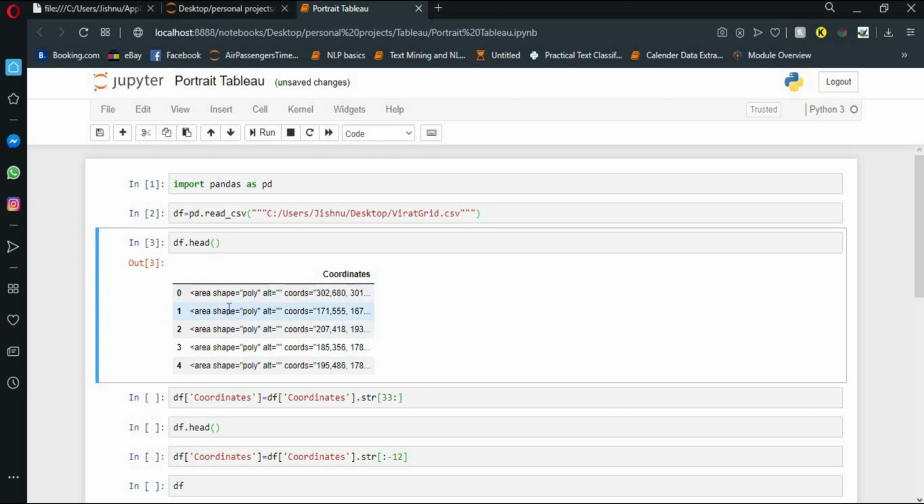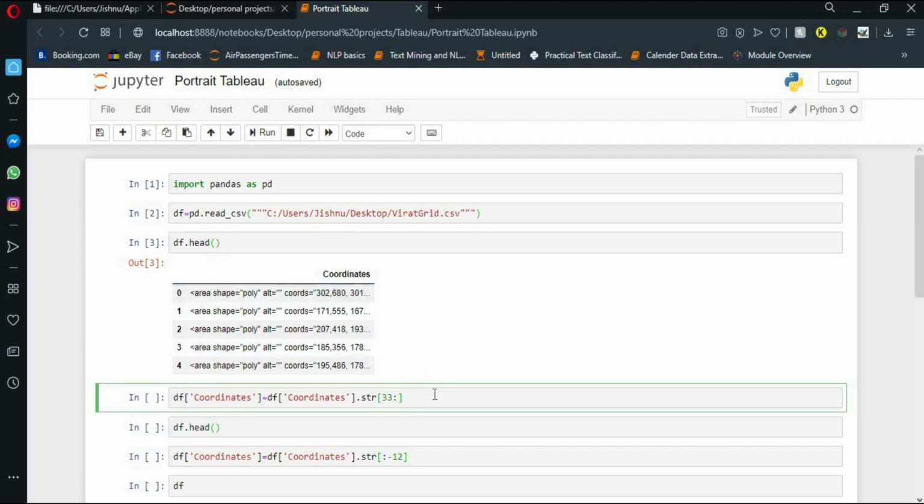You could see that we don't need the area shape tag till equals to, and if you count, you will come to know that there are in total 33 characters. So we need to exclude that string. For that, the indexing slicing technique is used, and it is stored again into coordinates.